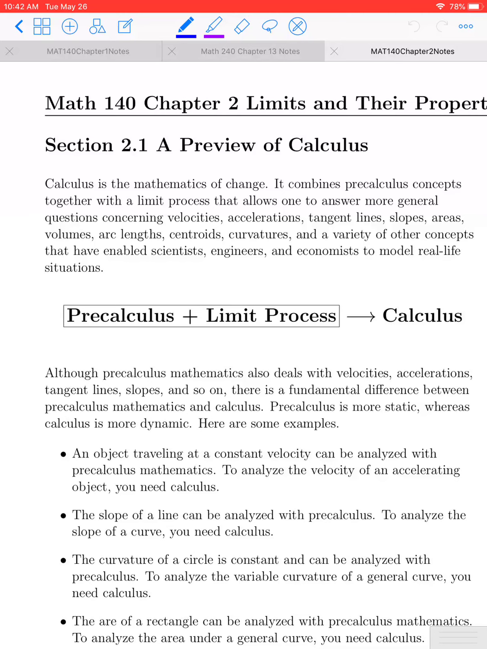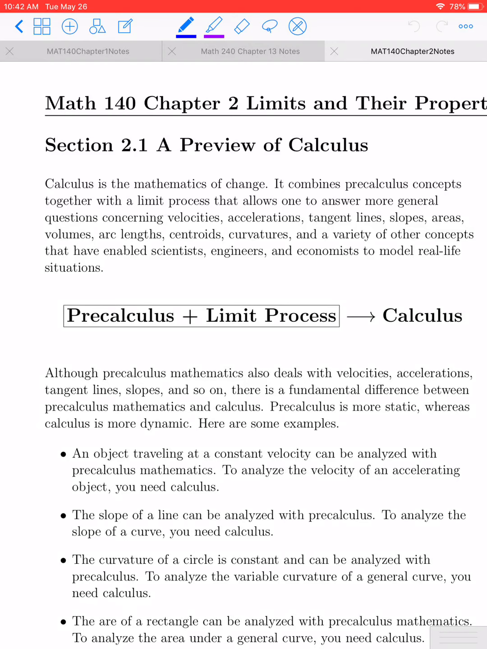In chapter 2.1, we're going to talk about limits and their properties. This is really for us the true beginning to the class, where we're going to start to work with new material. And in section 2.1, we give an overall brief preview of what calculus